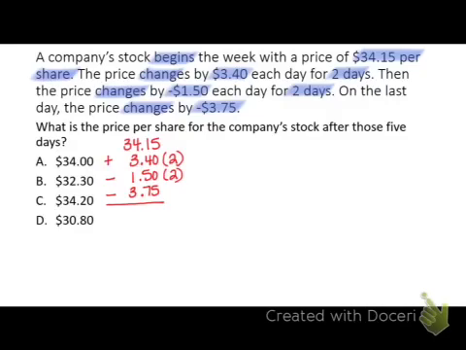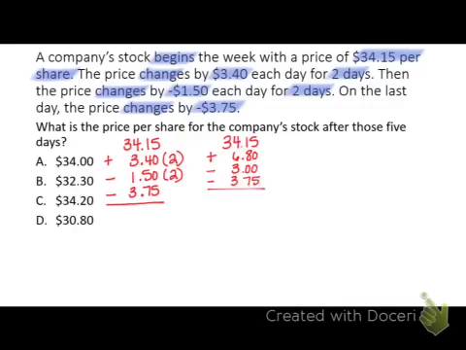We're looking for the overall price per share for that company's stock after those 5 days. So if you take that information and set it up as a problem, you're just going through the order of operations, in which we are starting with $34.15. And if we are increasing $3.40 for 2 days, then after 2 days we have increased $6.80. We then are going to drop $1.50 each day for 2 days. So that's a $3 decrease. So you're subtracting $3 there. And then we have a drop one time of